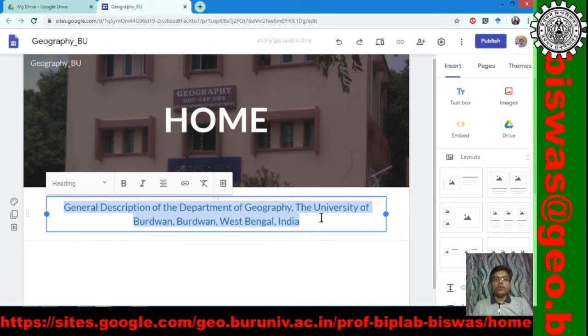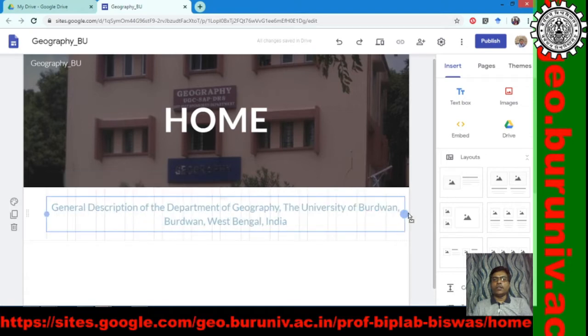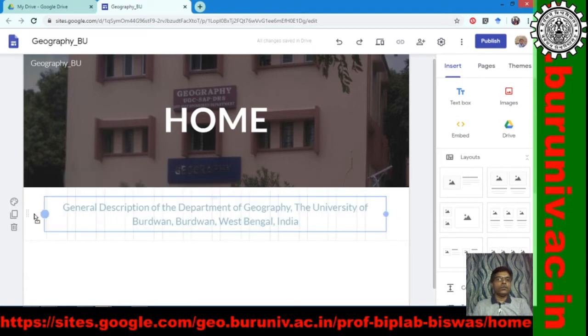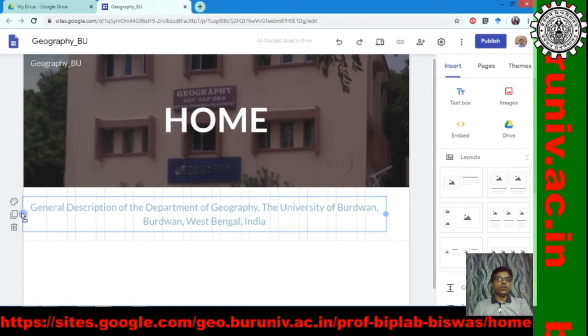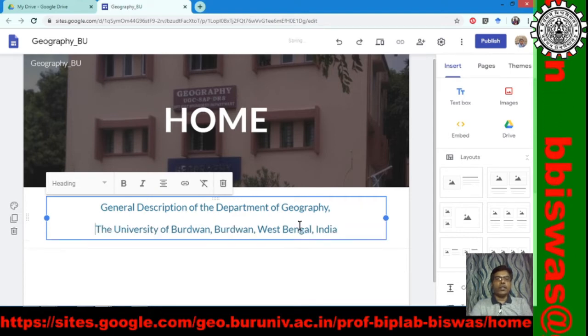And this University of Burdwan, maybe we can adjust this box by extending these lines, or here I may add paragraph.